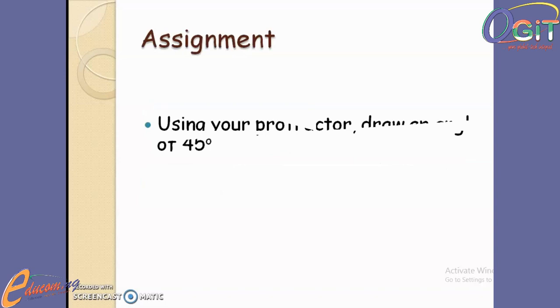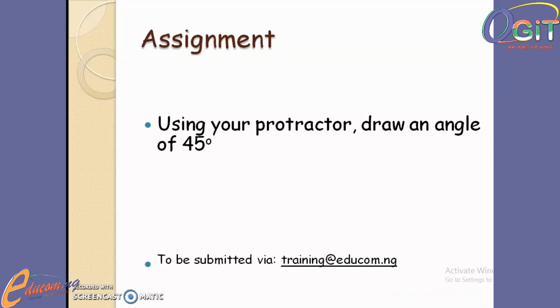Assignment. Using your protractor, draw an angle of 45 degrees. To be submitted via